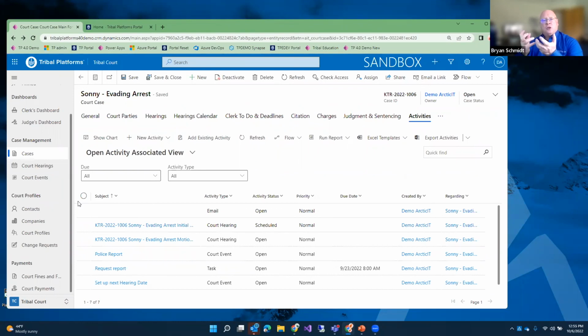And then there's the initial upfront implementation cost. And that implementation cost is sitting down with you, configuring the system to meet your tribal court needs, making sure that the names of the documents are all set up the way you need. So that's the initial setup and what we call an implementation. So there's actually 3 different layers. There's Microsoft subscription, Arctic IT subscription, and then the upfront implementation. So there's an annual recurring cost, and then the one-time implementation cost that's involved.